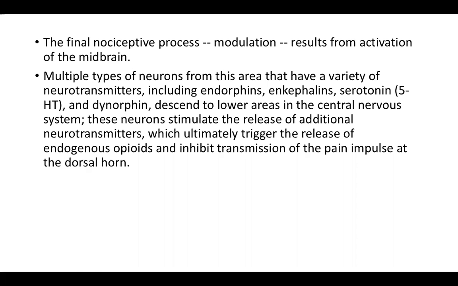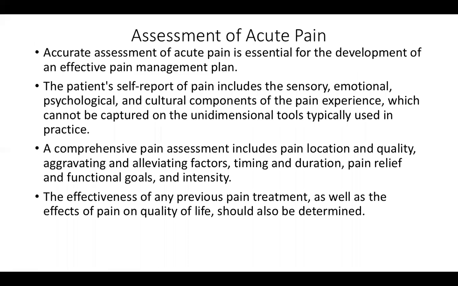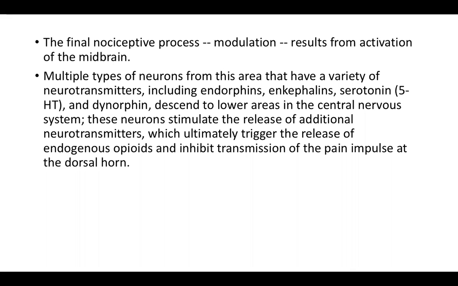They are the endogenous opioids. Morphine is an opioid, methadone is an opioid; they are the exogenous opioids. Whereas endorphins, enkephalins, and dynorphins are endogenous, that means they are in the body, they are released, and they transmit, and they antagonize the pain. It's an amazing mechanism. Thank God for the complex system that is made so simple. Now I have told you the way pain originates, pain ascends, pain descends.